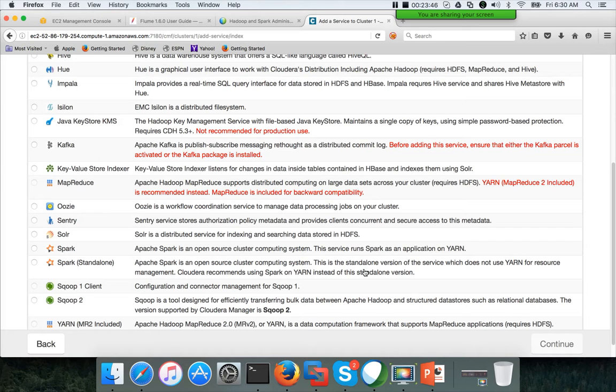On our cluster, I have used 243 as resource manager and 244 for job history server. It could be on the same node also, and then hit continue. Some of the important parameters will be highlighted. I will review those parameters. You have to change those parameters while setting up the cluster in production.